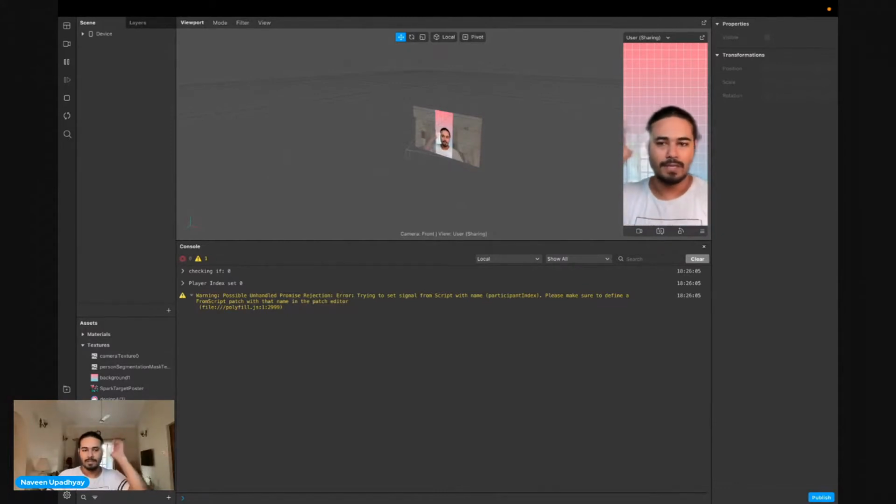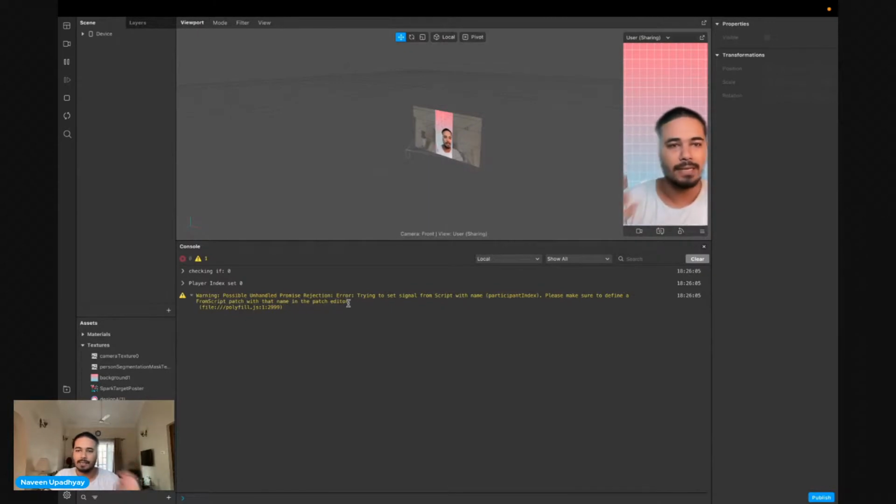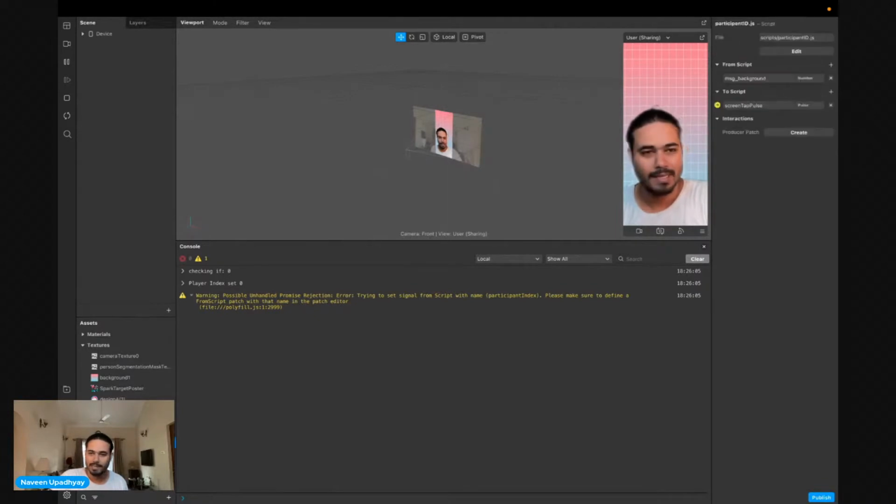Okay, so first thing, let's fix this first. Right now we have a couple of things in the device and a couple of assets here, but let's fix this warning first. This warning says that there's some error. We're trying to set a signal from script whose name is participant index. Please make sure you define a from script patch with that name in the patch editor. I can see that this is related to my script. So I click on my script and I see that there are two kinds of variables, from script and to script. Because the from script variable is missing,